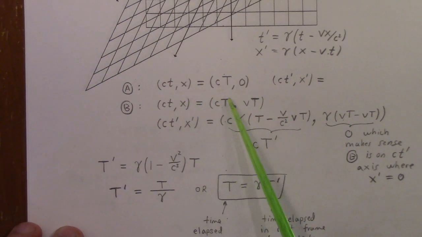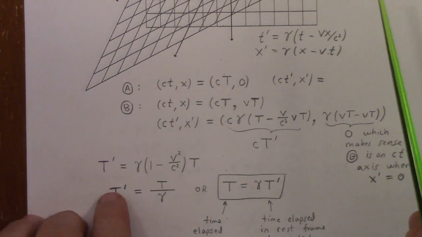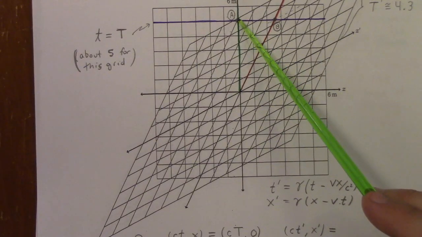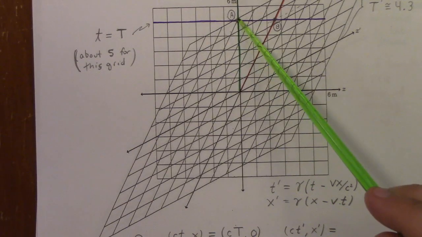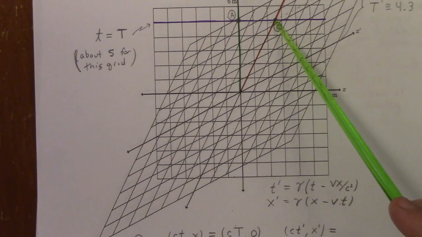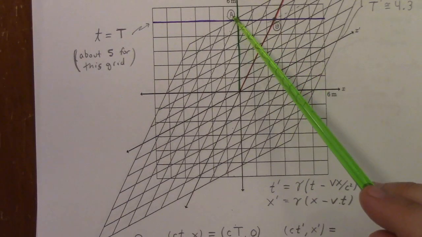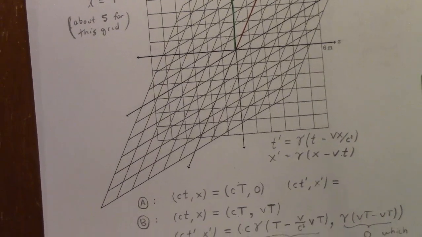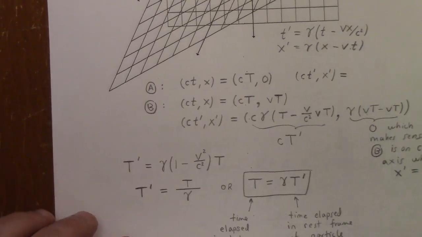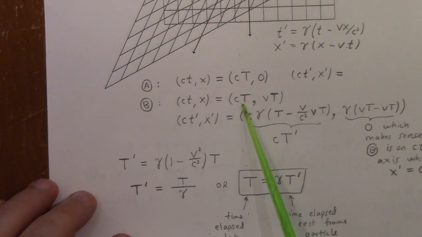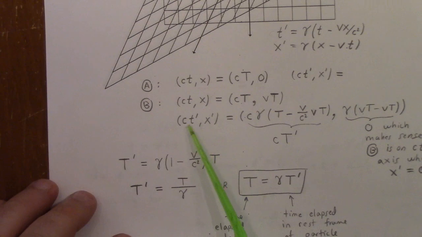But anyway, for event A, we'd have time CT, and of course we're at x equal to 0. And for event B, we're still at the same time, time CT, but at the origin of the moving frame. So how far has the origin gone in the S frame? Well, it's gone v times t, because the moving frame is moving with velocity v by construction. So the coordinates for event B in the S frame are ct, vt,